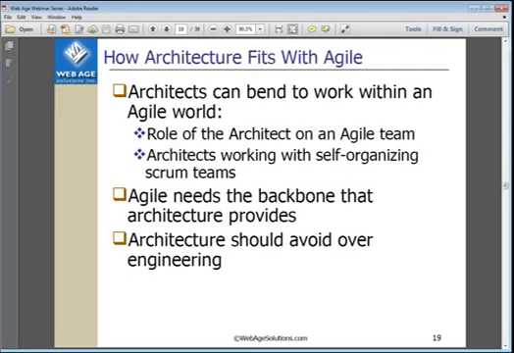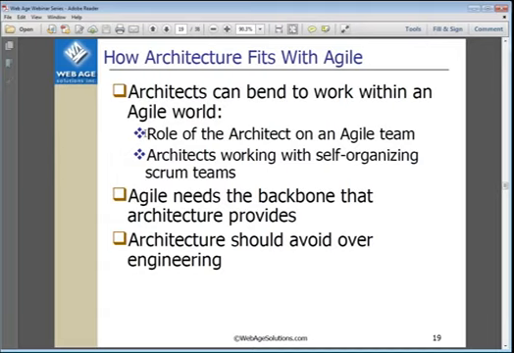So architects are really going to be the ones we're going to lean on to do the changing. Agile works the way it is. This is the methodology for software. Agile needs architecture, so architects need to be creative about how they work with Agile teams. So they have to bend their approach to work within the Agile world. So we'll look at how in many organizations, they've been successful at integrating architects as part of the Agile team